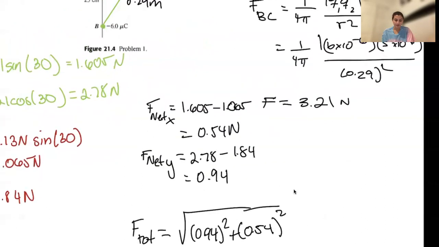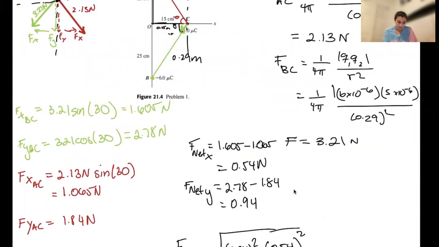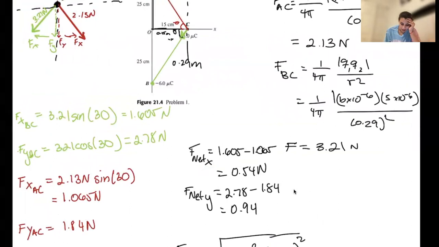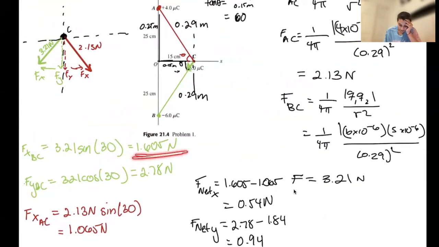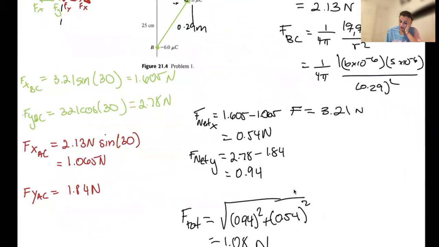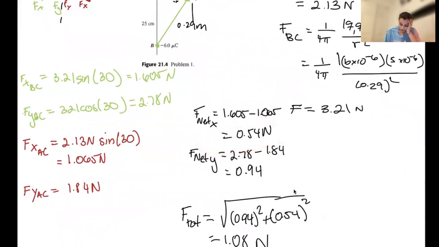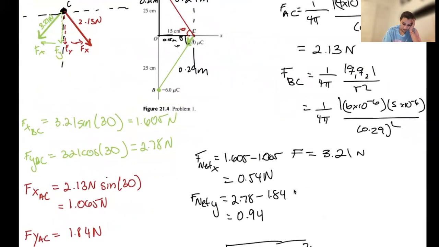So now I have to find my F net. My net force along the X is going to be 1.65, this force here, minus this force here, and that gives me 0.54 newtons. And then my F net Y is 0.94 newtons, which is this force